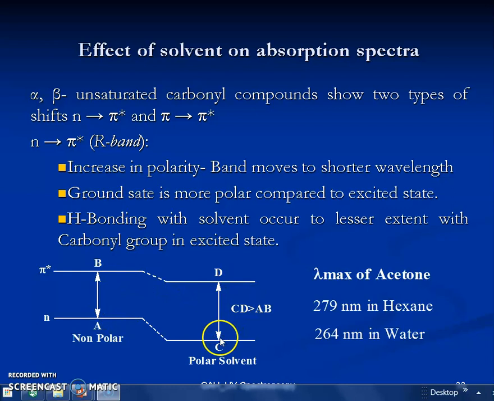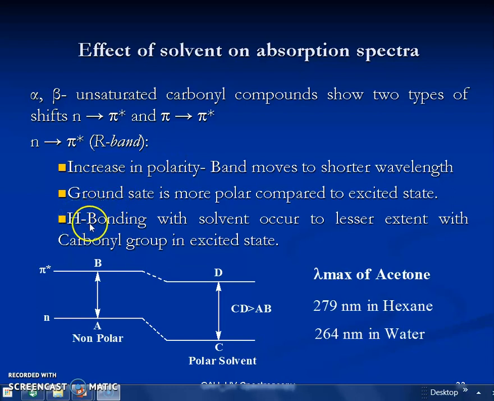So in order to bring about an excitation from CD or from AB, the energy required is higher in CD compared to AB. So if I take the carbonyl compound in the polar solvent, then I need higher energy. Then where do I get the higher energy? I get that higher energy in the shorter wavelength region. Therefore, in order to bring about this particular transition, that is n to pi star transition in the polar solvent, I need higher energy. So if I am using higher energy, then the wavelength will tend to shift towards the shorter wavelength region. Okay, that is one possibility.